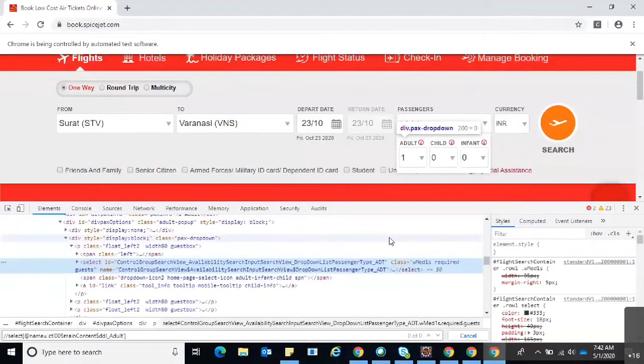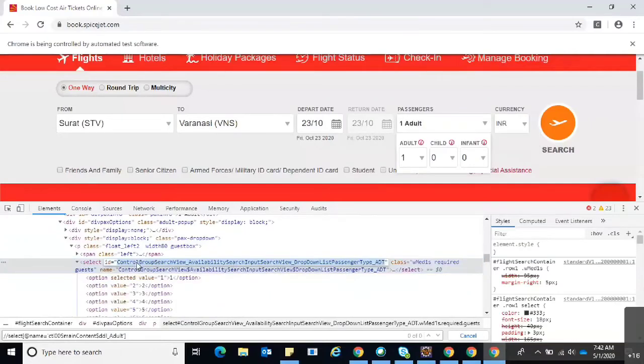Sometimes for the Ajax applications, we might not have all those details like ID, name, and class details. So in those scenarios, we just need to write particular XPaths with the help of contains, all those things, and then we need to figure it out. So as of now, I have ID, all those things. So let's go with the ID.